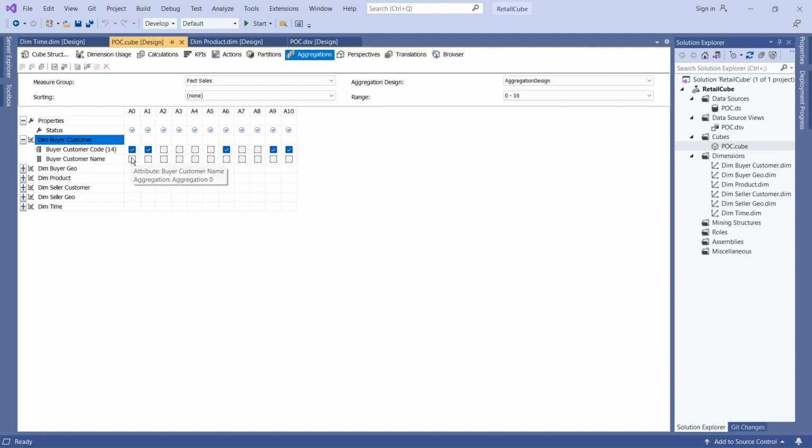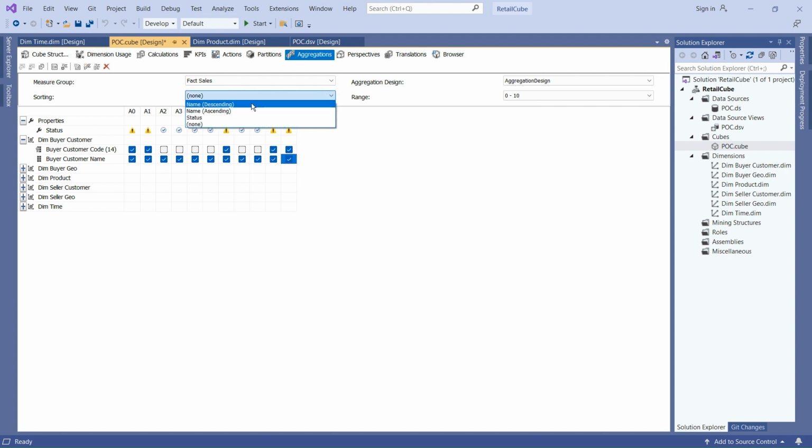Okay, and then you can select these. I do all these aggregations. You can select, and then you can do the sorting of the data. Because the aggregation is the predefined calculations, right, that stores the data. So based on the customer name, ascending to descending, you can build your own aggregation. And then once you've done that, the next step is